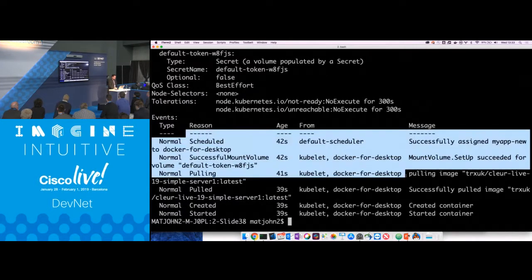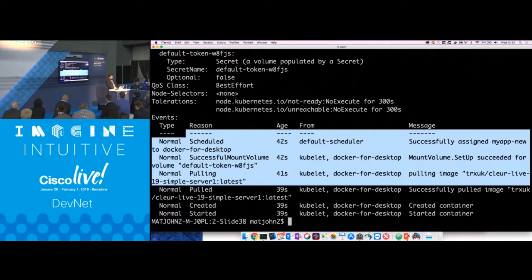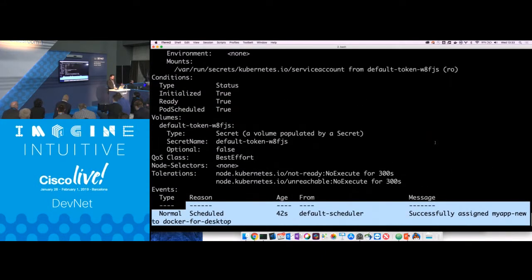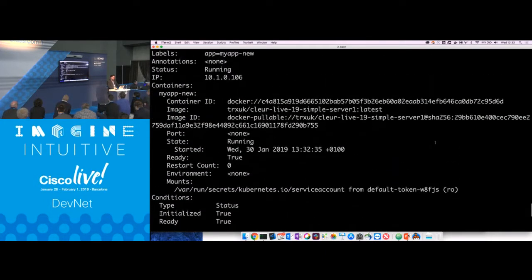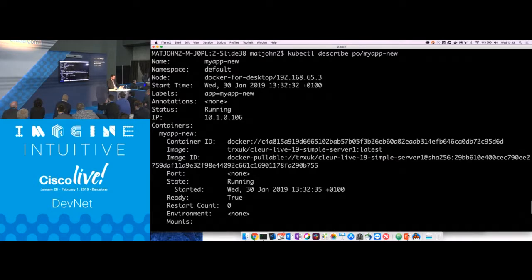I'll see information from the scheduler about whether it actually managed to schedule it onto a node or not, etc. I'll also see some things that are a bit weird. So that is not an IP address on my laptop. That is not an IP address even on the servers that Kubernetes is installed on, which happens to be my laptop. Kubernetes by default runs its own kind of virtual networking layer and just gives every pod an IP address